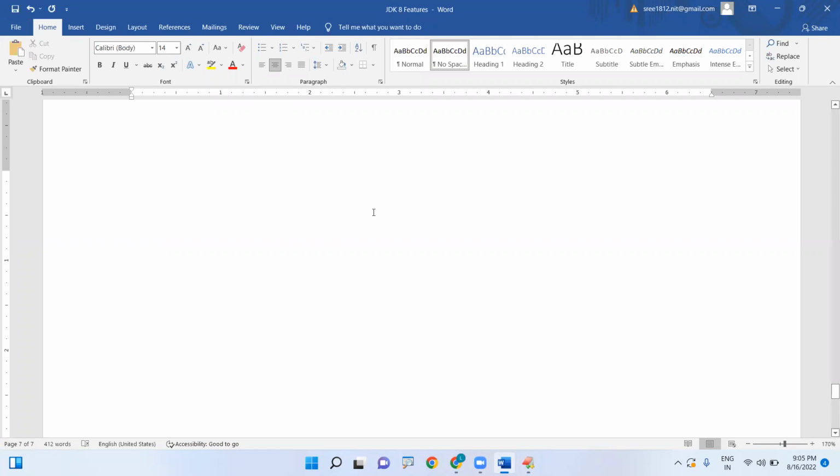So now we are going to discuss the functional interface in Java. This is a new feature, a JDK 8 feature. First of all, what is a functional interface and how can we define a functional interface? Right? Functional interface